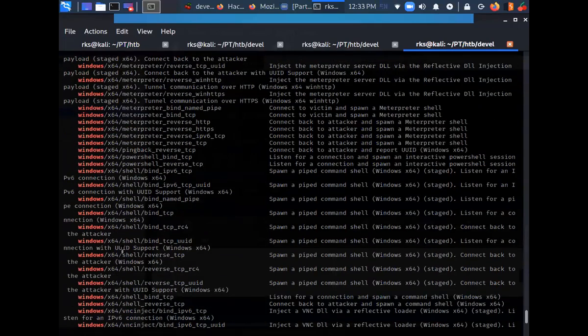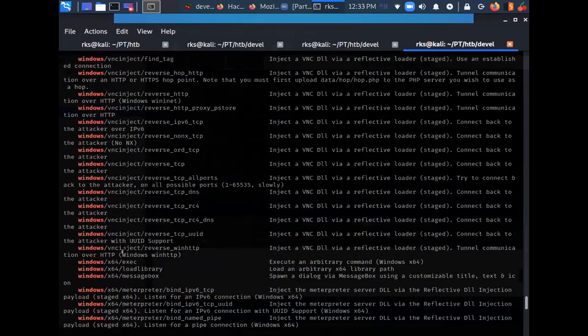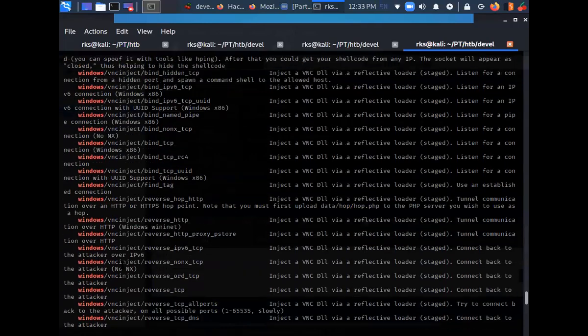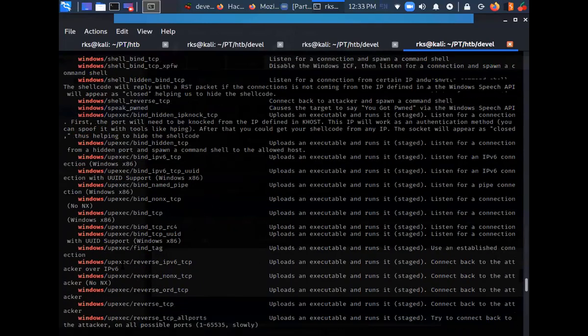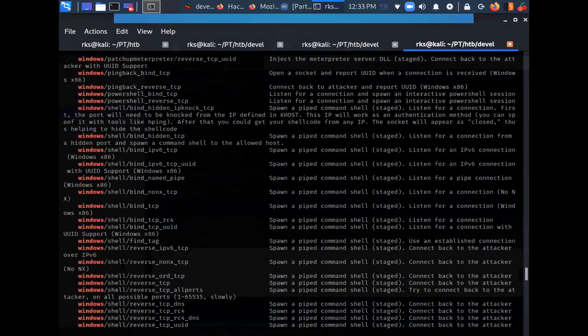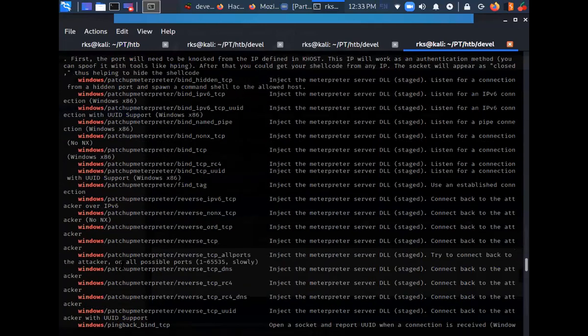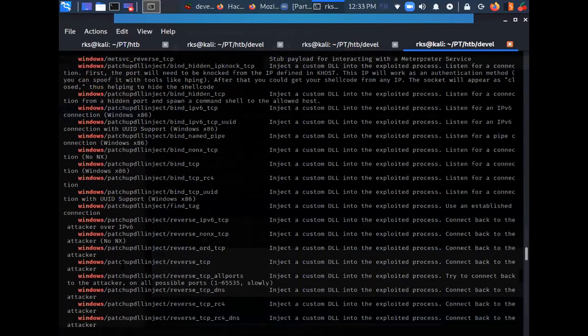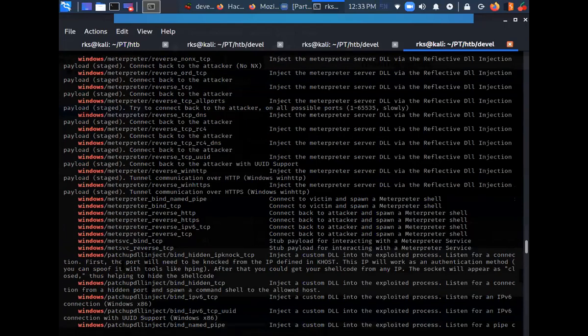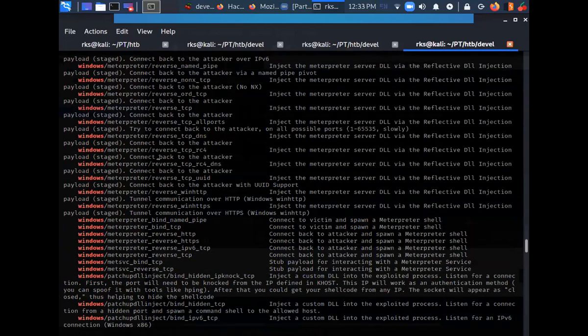Let's see if we have anything like that here. Okay, we do have something here. Here it is, Windows Meterpreter reverse TCP.